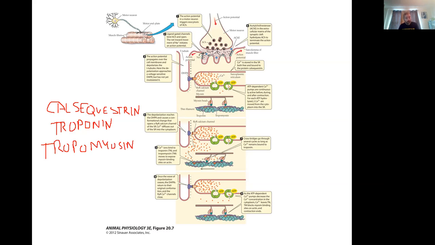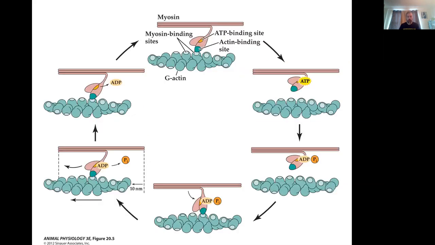So to rest, we require ATP. We don't require ATP to contract, we require ATP actually to rest. Now, as far as the cross bridge cycle itself goes, I'm not going to get into all of the mechanics here, but again, this is a situation where we require ATP not to contract, but to relax, right? And the reason for that is, if we start over, let me pull my laser pointer back up,